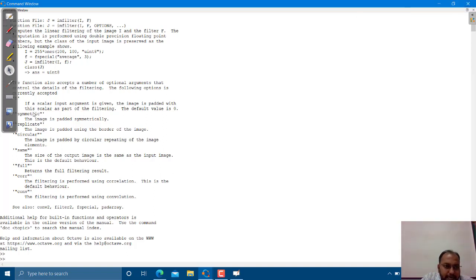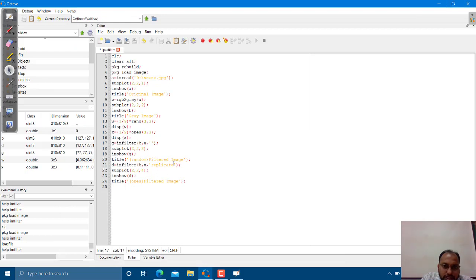Let's go for symmetric, and finally we'll go for convolution. So let us make the changes to symmetric, and let us mention conv. Over here we are not going to mention anything.